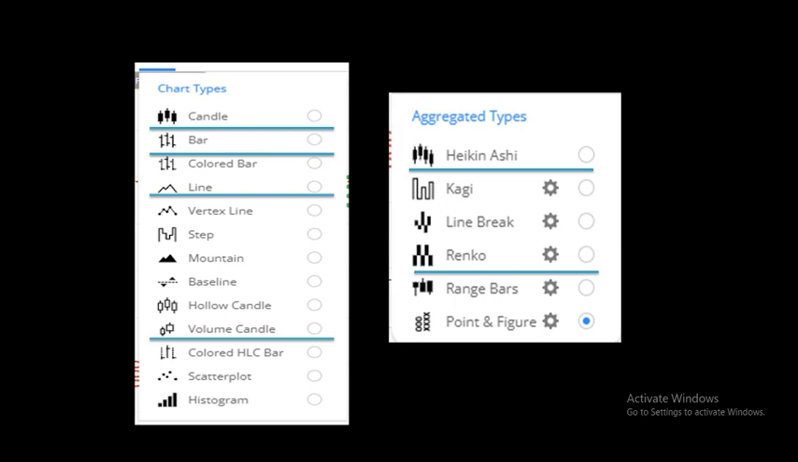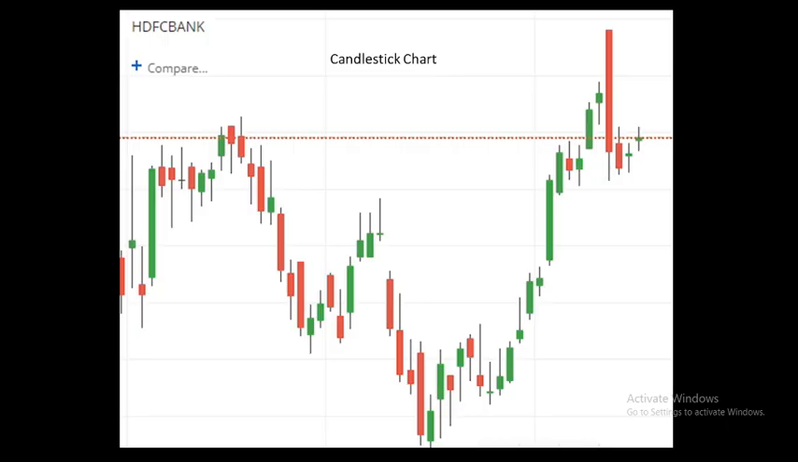Candlestick charts, bar charts, color bar, line, vertex line, step, mountain, baseline, halo candles, volume candles, colored. There are a lot of charts, and we use only the ones that are underlined, Heikin-Ashi and Renko charts. Let us see them one by one. These are the Japanese candlestick charts, and globally almost 80 to 90% of the trading fraternity use this candlestick chart, and most trading professionals read this chart and, based on that, take trades